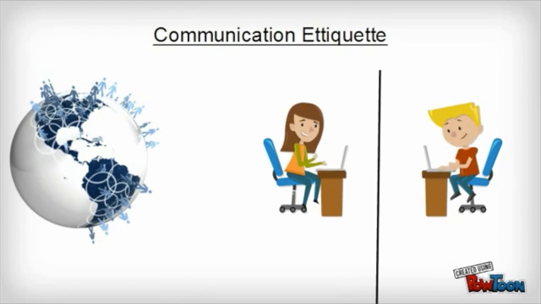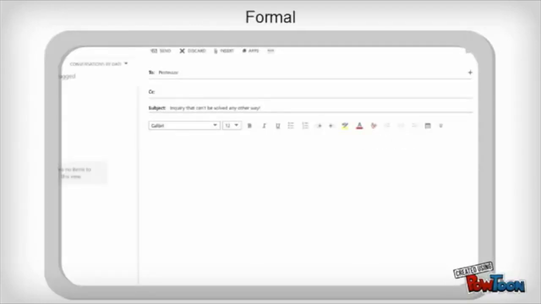Communication etiquette. The Internet is a great way to communicate with others, but you must keep in mind that different platforms have different methods of appropriate communication. Students must be able to differentiate formal and informal communication depending on who they are communicating with. Email is known to be the most formal method of communication over the Internet for students. When students want to contact a professor or teaching assistant, a respected and well-versed email is the most acceptable method.